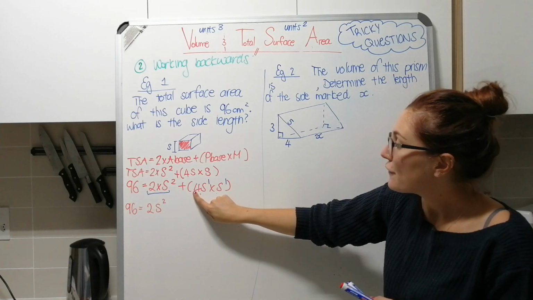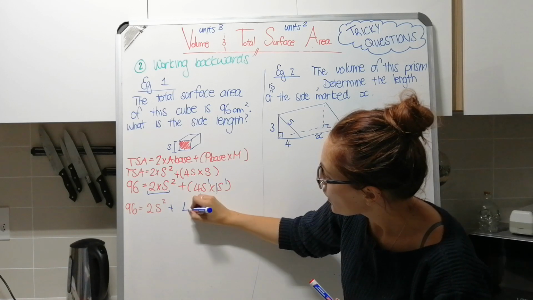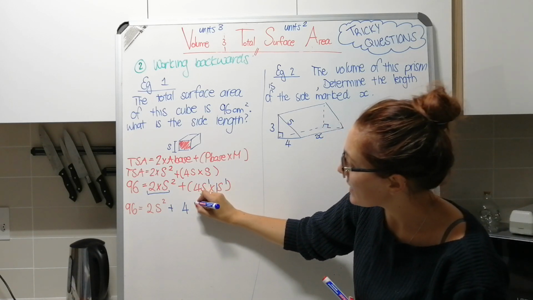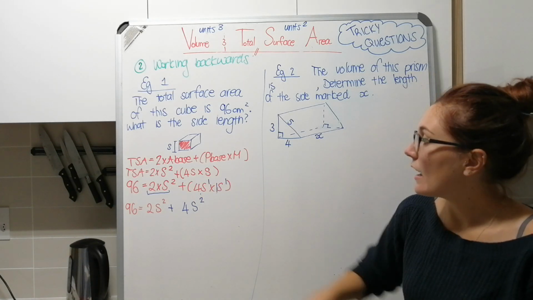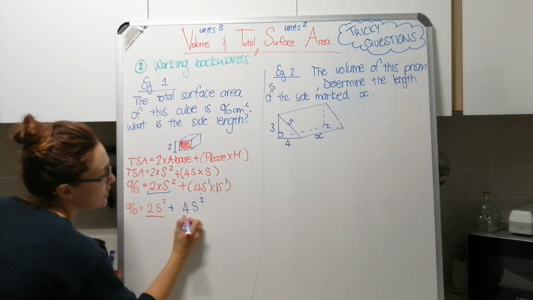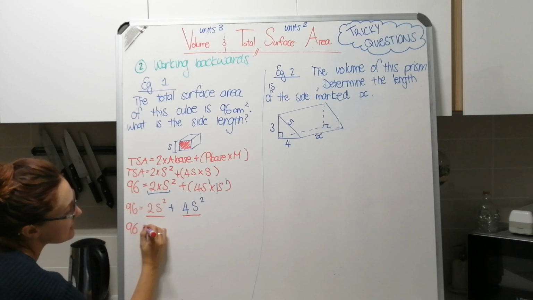So we're going 4 times coefficient 1 is 4, so this is plus 4. S to the 1 times S to the 1 is S squared. Okay, now we can add these two like terms, right? S squared and S squared are like terms, so we can add them. So we're going to have 96 equals